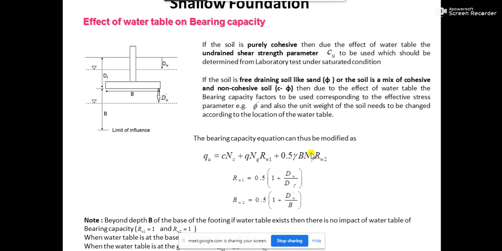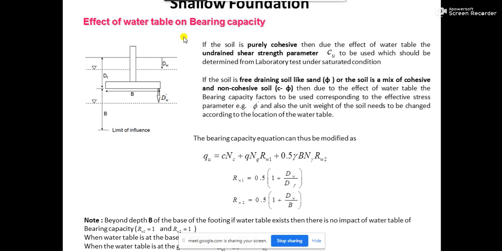Now what is this Rw2 actually doing? See, this Rw2 is actually reducing this value of gamma. That is what you should be very clear about. Suppose you do not use this Rw2 factor, then instead of this gamma, which is actually the gamma bulk, just a minute,